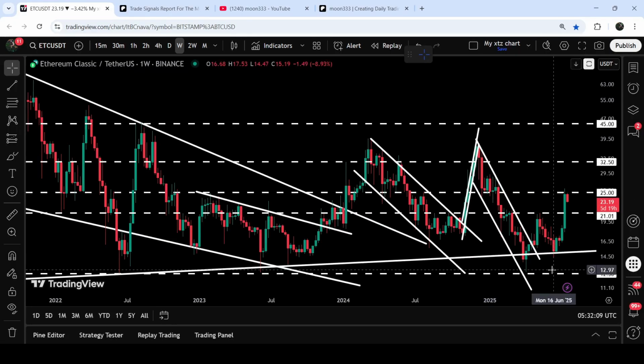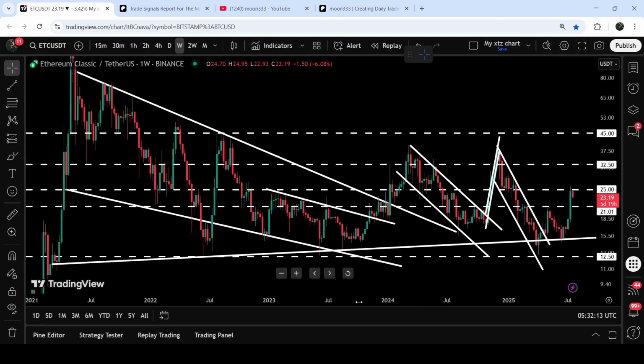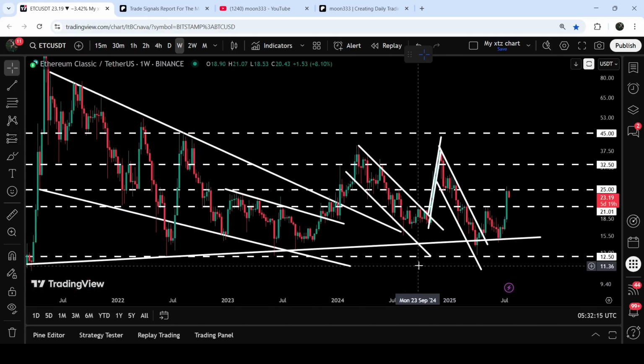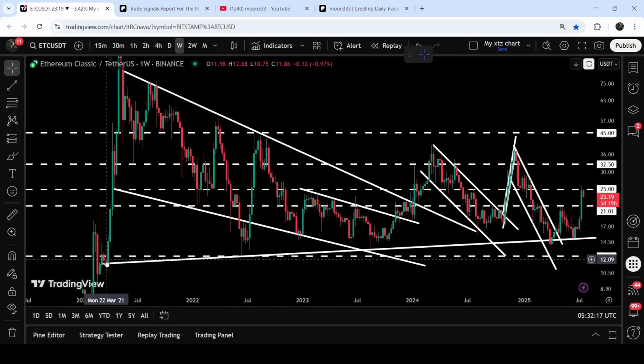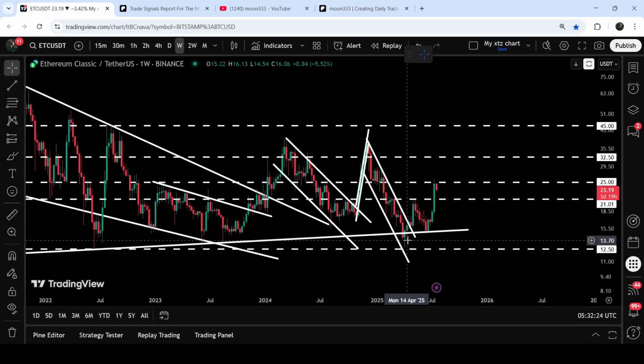On the 7 days time frame chart, you can see that the price of Ethereum Classic has once again bounced very well from this very long-term up trend line support. And you can see that this support is coming from the month of March 2021. We had a bounce here, another bounce, another bounce, another bounce. And here for a while, the price had moved down below this support, but now again, it has dropped down